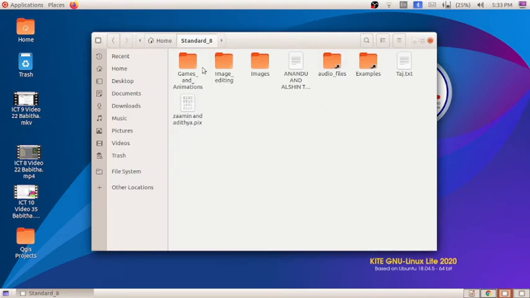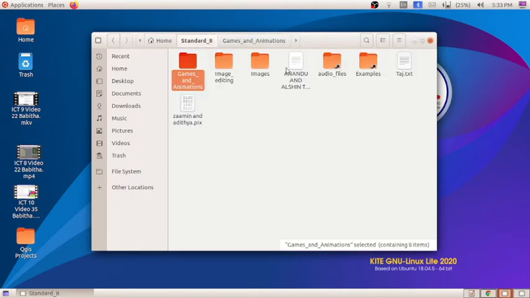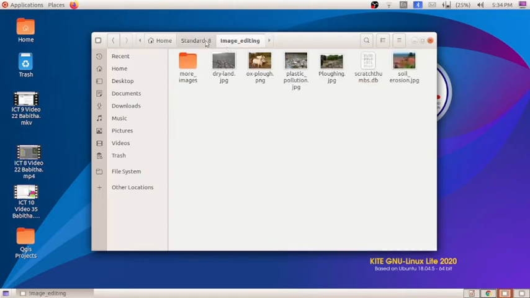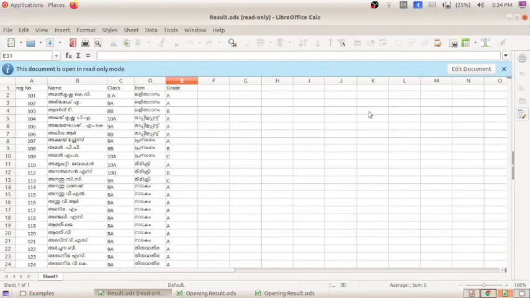Standard 8. In examples, you will be getting a result.ods. This is just a sample file I am taking, just for knowing about the tools and all. So I am going to open this file.